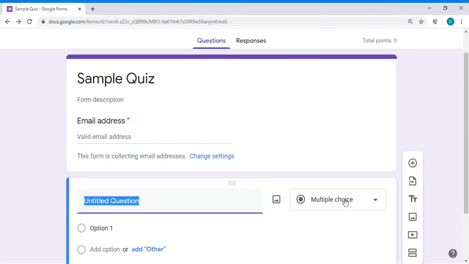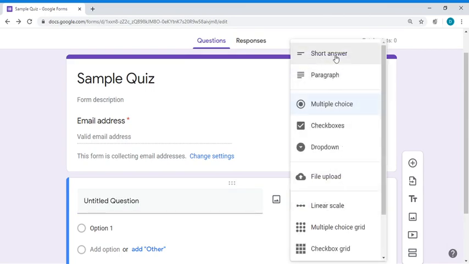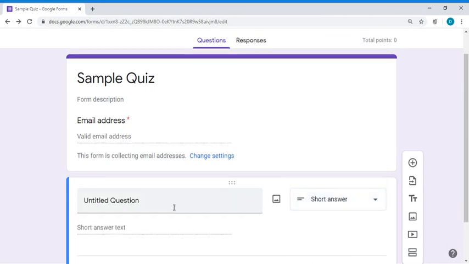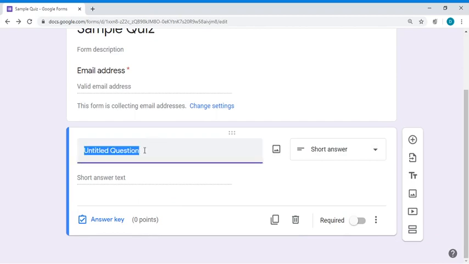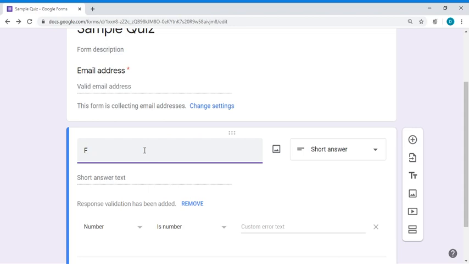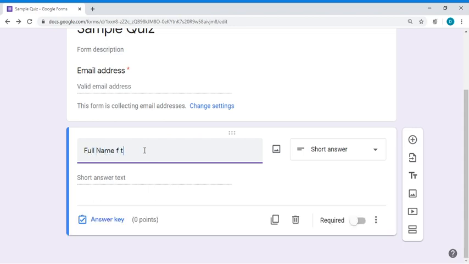Now here automatically this email address will come. In the first question I'll ask the name of the student, or even before that you can ask a few other questions. Now I'll ask the full name of the candidate.